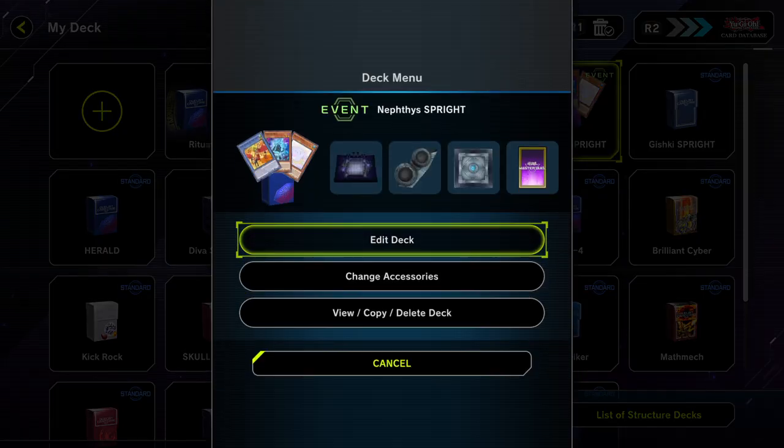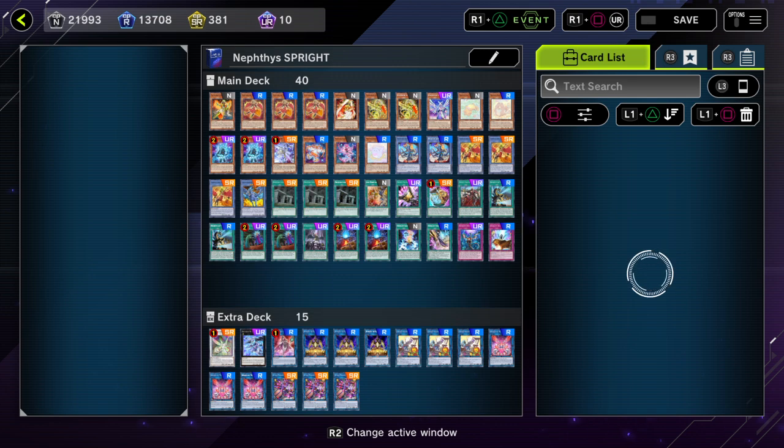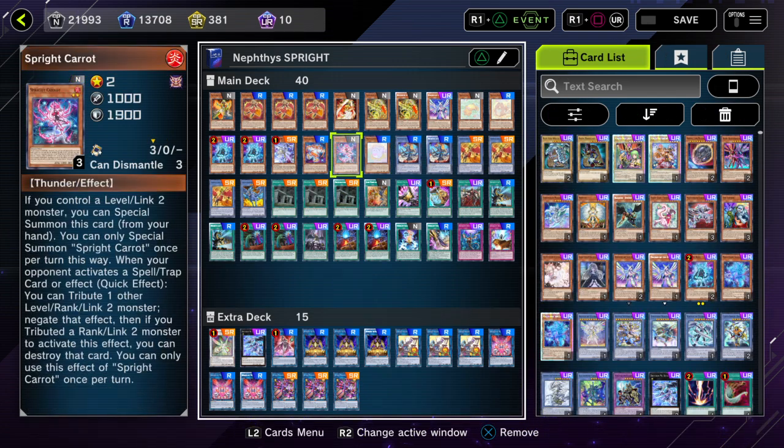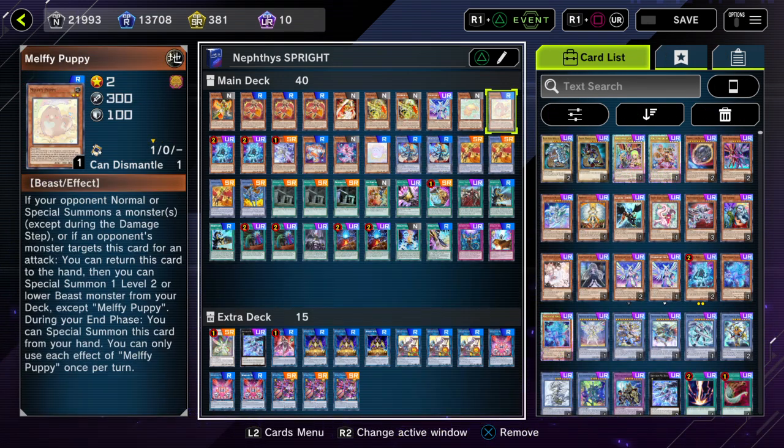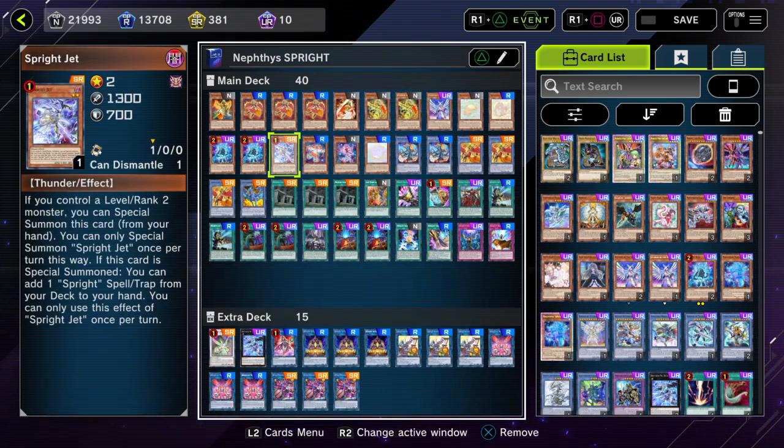Yeah, Nepthys Spright. So here's Nepthys Spright. Yeah, so the event we have... I also added a puppy, just because why not? Puppy, Catty, and Penny. And then we have